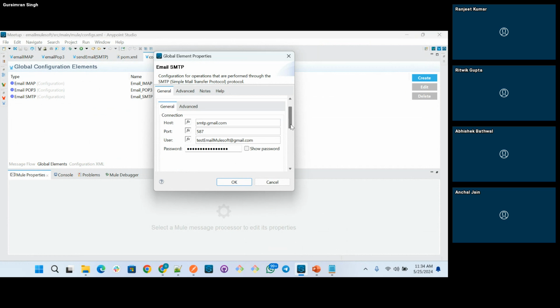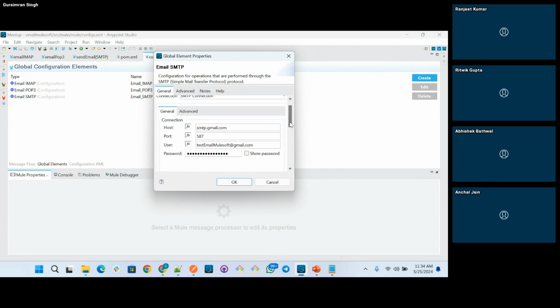It's like a connected app, like how we create a connected app for our MuleSoft platform. If the MuleSoft platform is MFA enabled, we cannot use our username and password directly, so we need to use a connected app. In the same way, we need to create an app password here, which will be used to connect with the servers for Gmail or maybe other email servers. Correct, Abhishek.